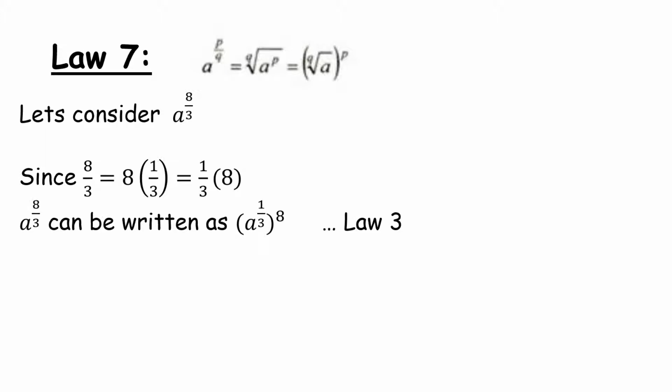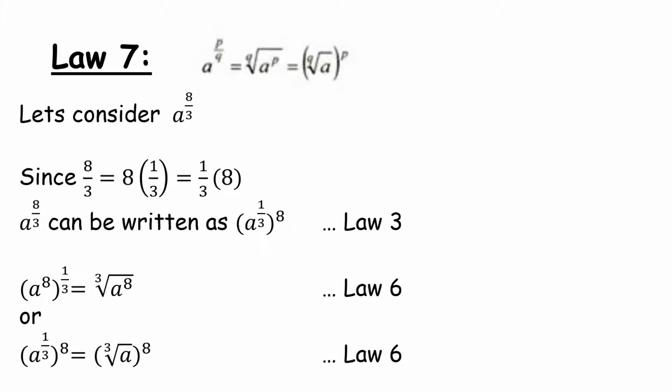So if I take a to the power of 8 over 3, it could be written as a to the power of a third to the power of 8, which is Law 3. Or alternatively, it could be written as a to the power of 8 to the power of a third. So let's take a to the power of 8 to the power of a third. Breaking that down, I can take that power of a third using Law 6 and simply apply the cubed root to it. Or, working the other way, I can say let's take a to the power of a third